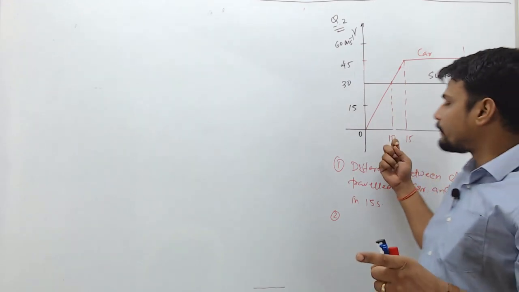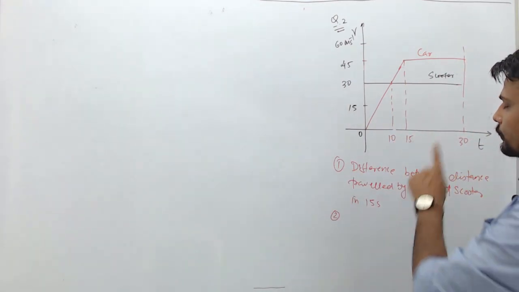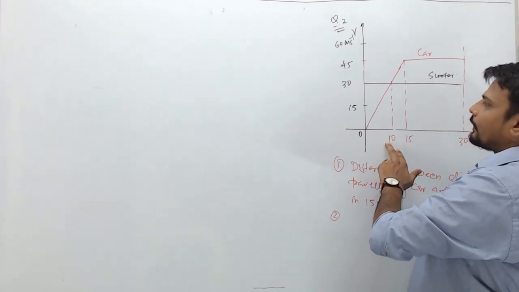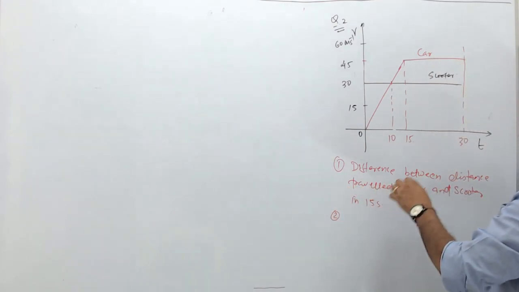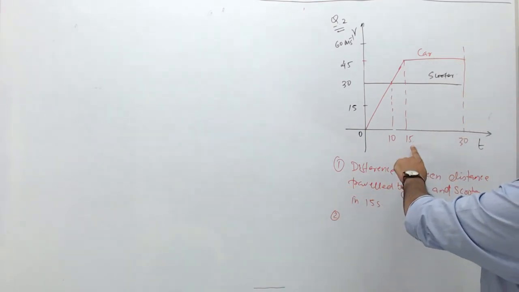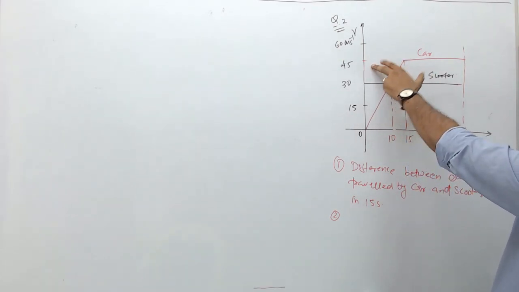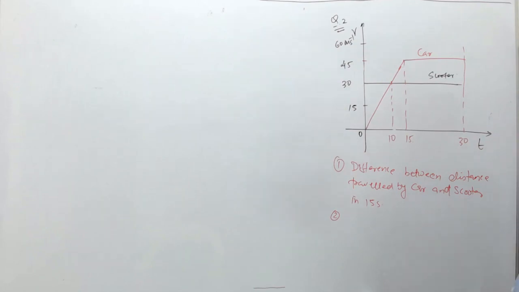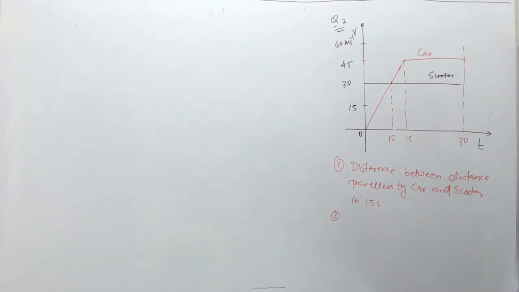Maybe in those 10 seconds, the scooter might have moved quite a far distance. So do not get mistaken that in 10 seconds, the car is going to catch the scooter. No, that's a wrong interpretation. Now, what happens after in 15 seconds, the car achieves its maximum velocity of 45 meter per second, and after that, it starts moving at a constant velocity of 45 meter per second till 30 seconds, which is in our consideration. So, the first question says, distance traveled by the car and the scooter in 15